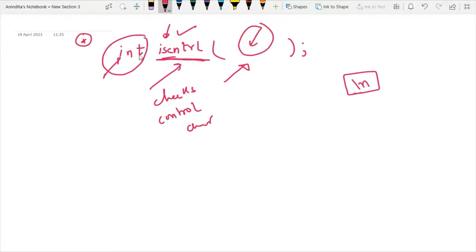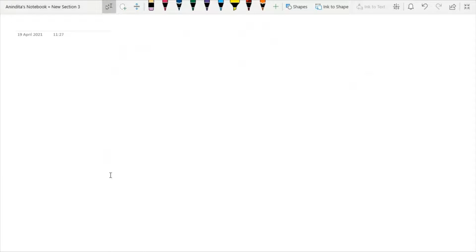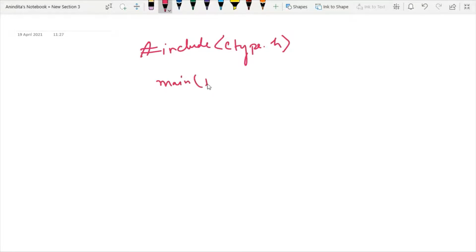Now using this function, we have to use the ctype.h header file, and then we take one character variable and another variable for storing the result. ctype.h is the header file, and within main I will take one integer variable to store the result and one character variable that can be passed as an argument inside the function.